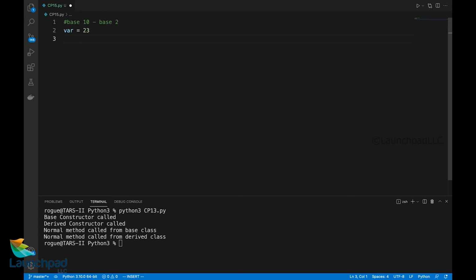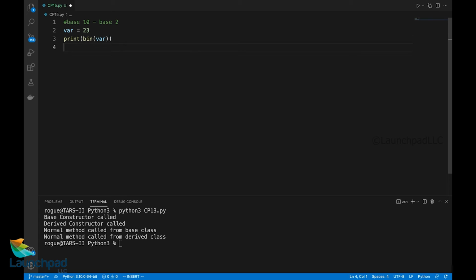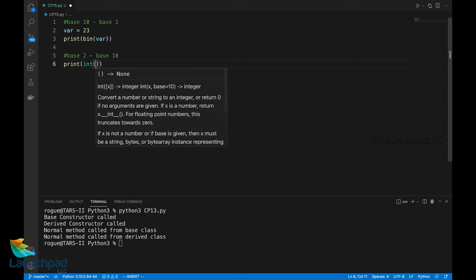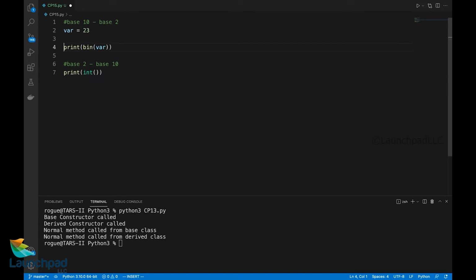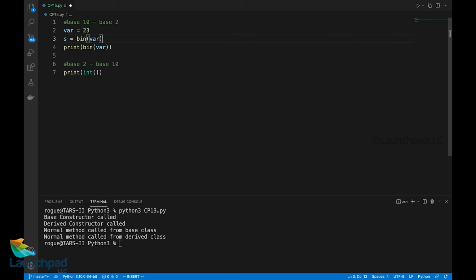To convert it, print bin of var. And the vice versa case, base 2 to base 10: I'll store it as s is equal to bin of var, I'll print s.